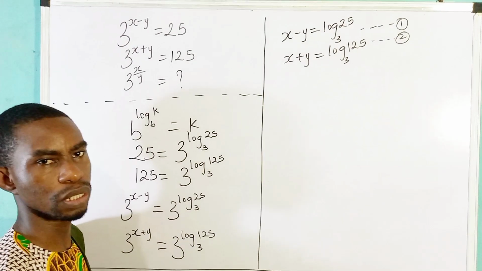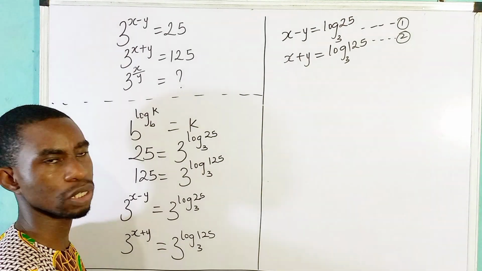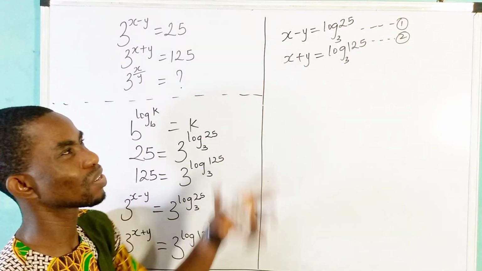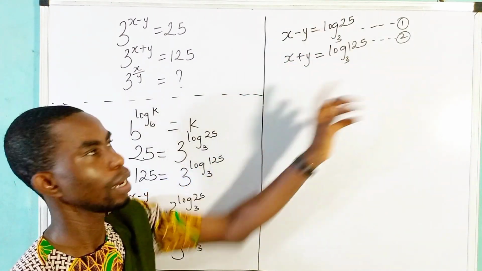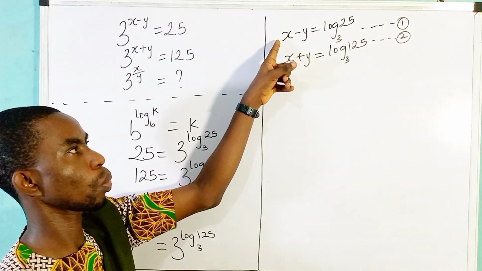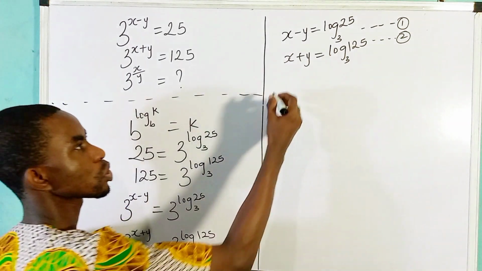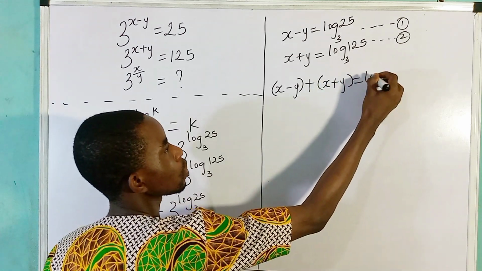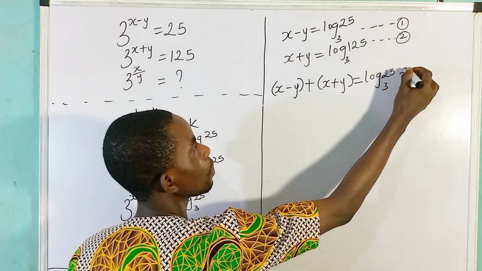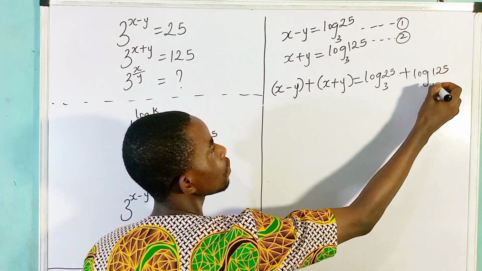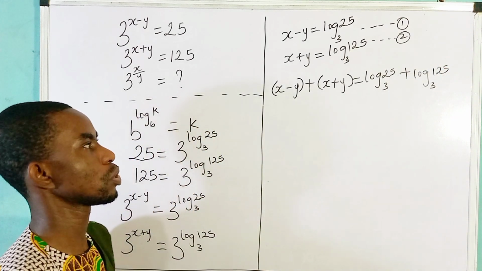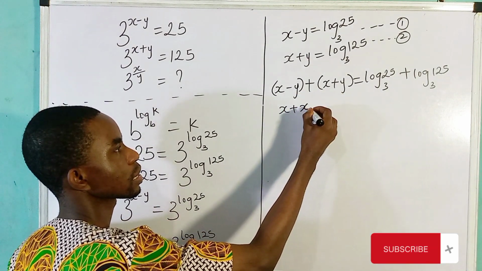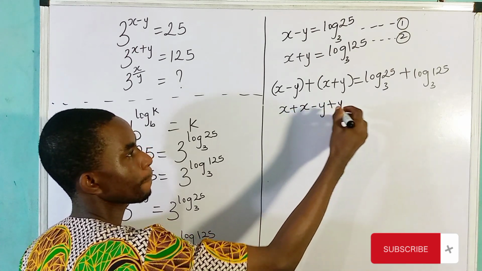And remember simultaneous equations. One of the ways we solve simultaneous equations is by the elimination method. In this case, I'm going to be adding both of them. You could do the elimination to get y, but I'm looking for x, so I'm going to add equation 1 to equation 2. If you add them, you have x minus y plus x plus y equals log 25 base 3 plus log 125 base 3. Let's remove our brackets. We have x here, like terms, so x plus x, and then minus y plus y equals,